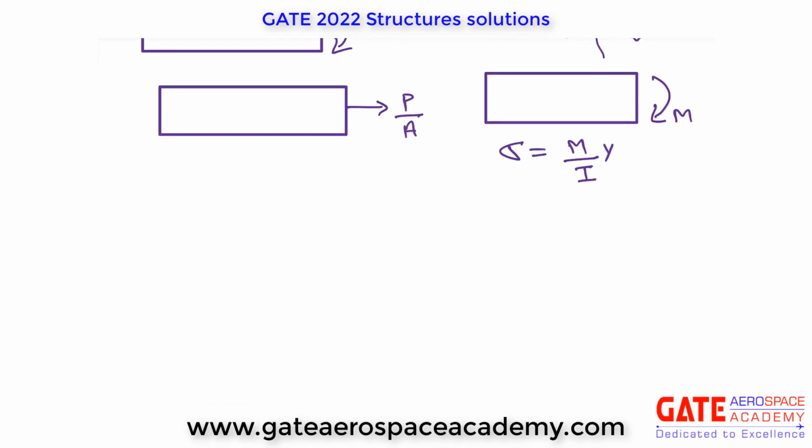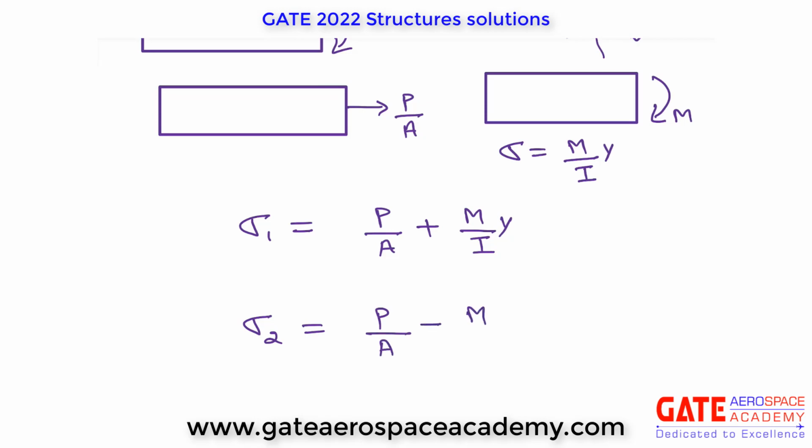Now stress on the top fiber will be due to two things. Normal stress due to axial load, that is P by A, plus bending stress, that is M by I into Y. On the bottom fiber, sigma 2, let's say this is sigma 1, it will be again due to normal stress